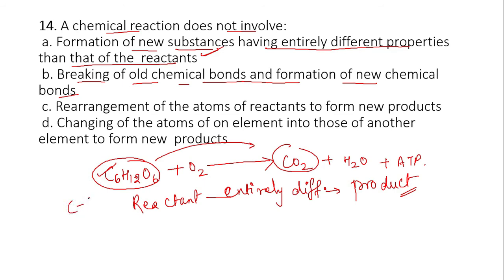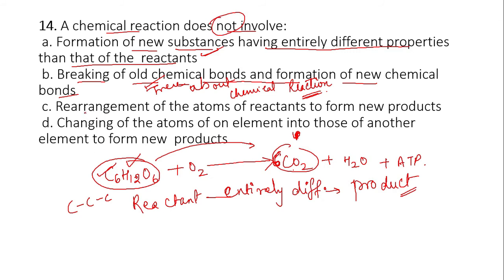Carbon is arranged like this somewhat, right? But here there is only one carbon. The rest of the carbon, if you balance, will be 6 CO2. So the balancing will show you how the bonding is also there. So there is a difference in bonding. That means this is also true about chemical reactions, so that will not be the correct answer for us, because we want something which is not true about chemical reaction.